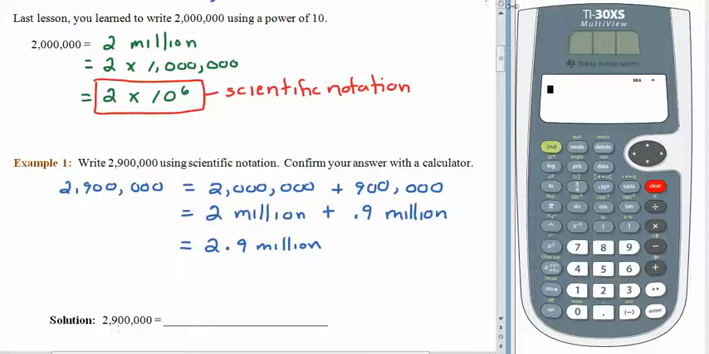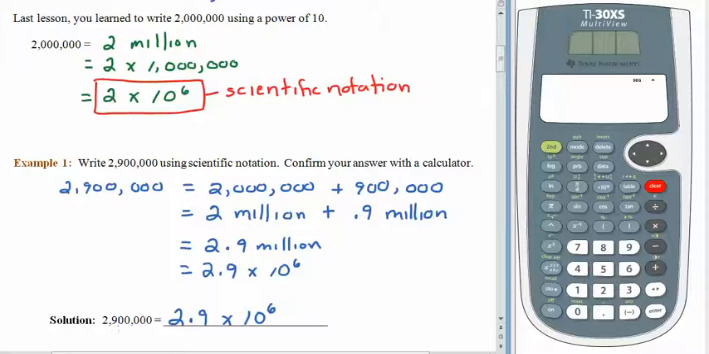So written in scientific notation, 2,900,000 is the same as 2.9 times 10 to some power, and you already know that the power of 10 that we use for a million is 10 to the 6th. All right, now, until we get used to converting numbers back and forth between scientific notation and standard form, it's